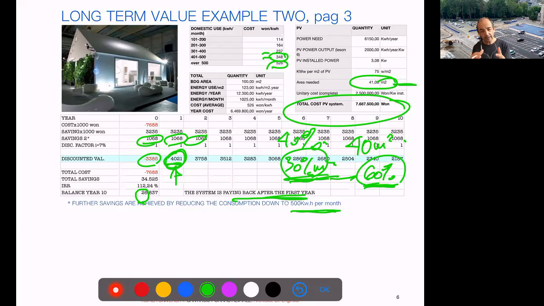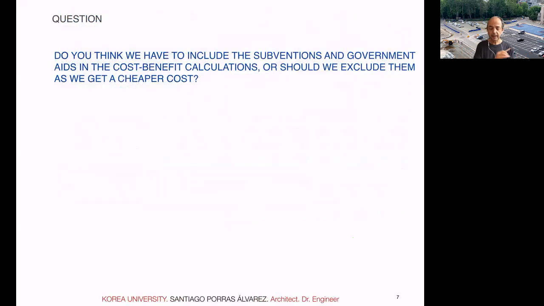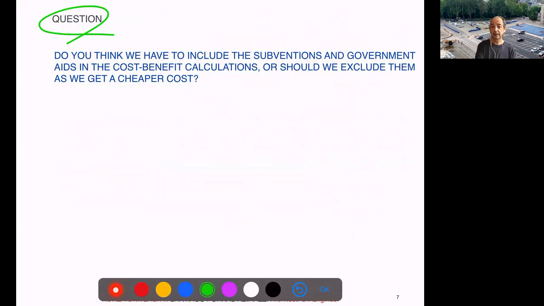With the public buildings, with companies, with the offices, it is not so clear. It is, as we saw, in between space, right? And in this case, of course, you sign and you go for it because you save money instantly. And remember, we have a question which nobody replied, and it's okay. In that cost benefits calculation of electricity we just did today and we did last week, you know, the governments give you help, subventions, subsidies